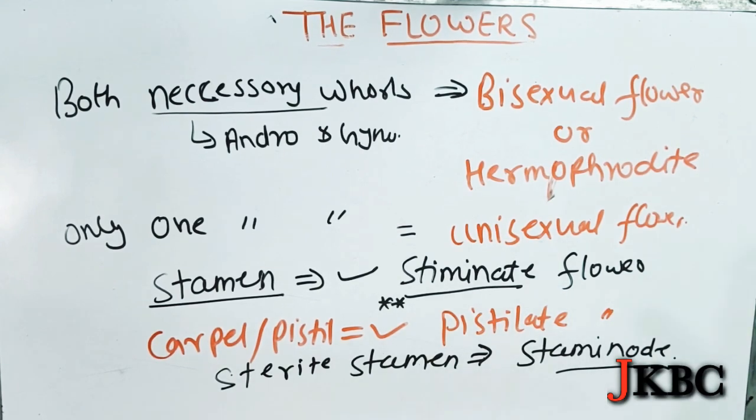After this we will detail the different types of flower parts and different forms, hypogynous, perigynous, epigynous, and the different forms of flower, actinomorphic and zygomorphic, all of which will be detailed in our next video. So we finish this video, in which I detailed the unisexual and bisexual flowers. The examples are the most important for your NEET exam. So watch our next video, and thank you for watching.